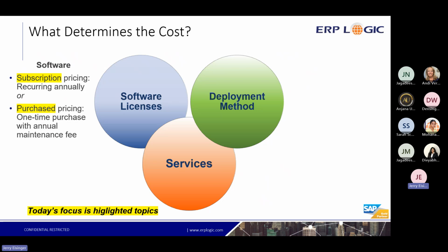The other option is to purchase the software, and so that becomes a one-time purchase for whatever software licenses you want. And then there's annual maintenance that goes with that. And the question is, okay, well, what does annual maintenance give you? And we strongly recommend that you stay current with your annual maintenance, because what that provides you is access